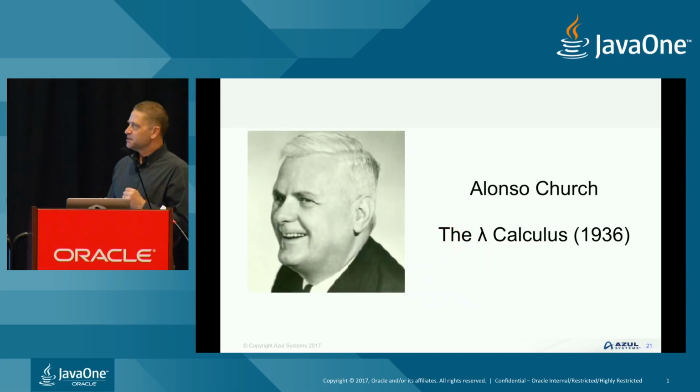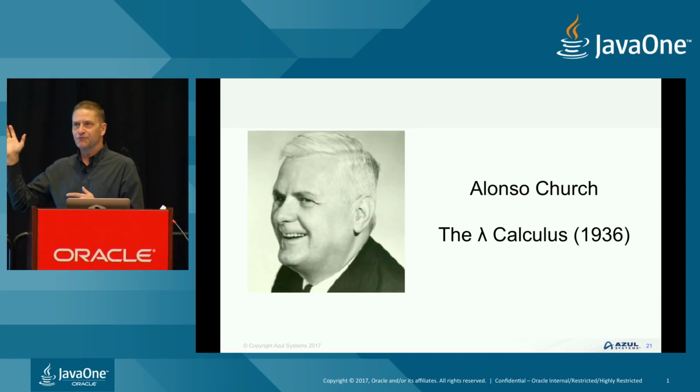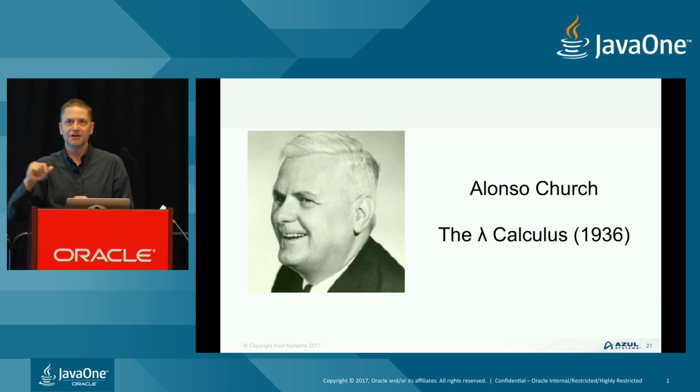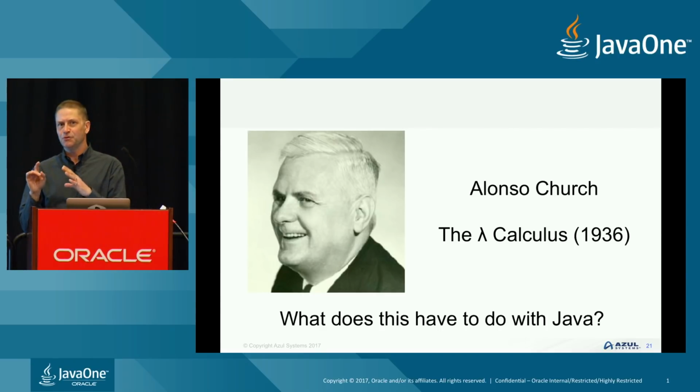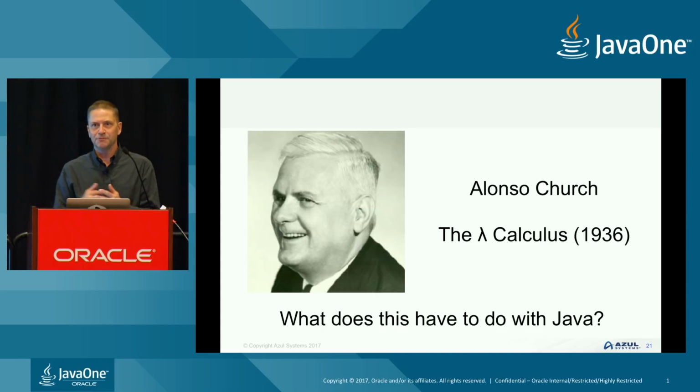Right, so the first thing is, we call all these things lambda expressions. Why do we call them lambda expressions? The reason is because of Alonzo Church. Alonzo Church came up with the idea of lambda calculus back in the middle of the 1930s. So clearly you think to yourself, well, what does that have to do with Java, which didn't actually come out until 1995? So, 60 years later, Java comes out, and then it's another almost 20 years before